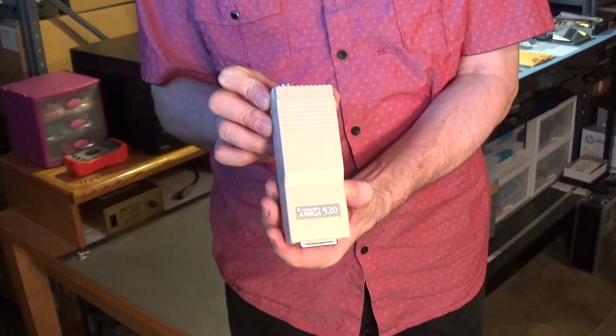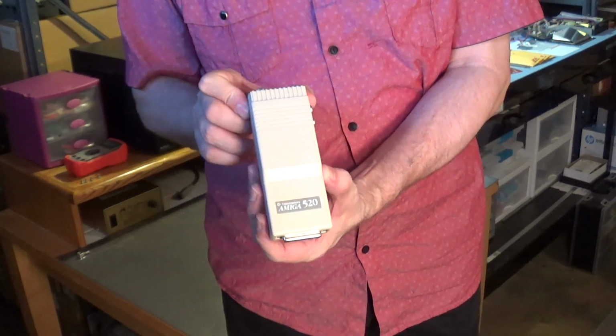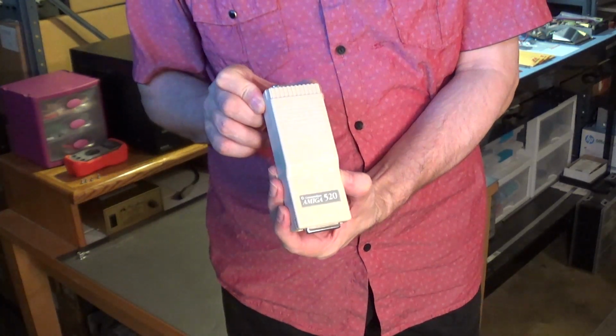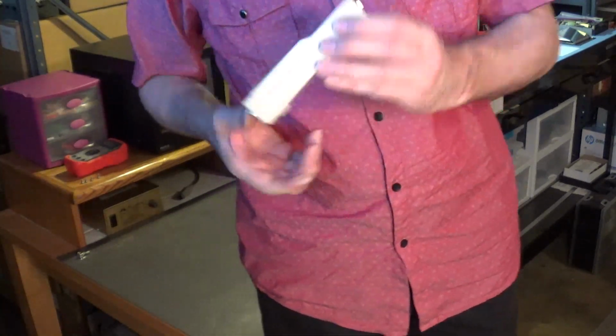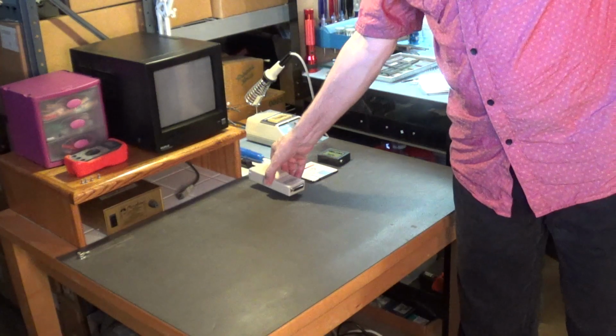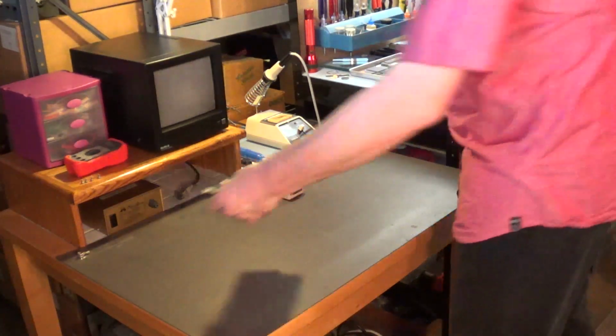I also got one of these. You know, it provides color composite output and audio from any Amiga computer that doesn't have that feature. Okay, got one of those. And let's see what else I got. Oh, I've got this here,